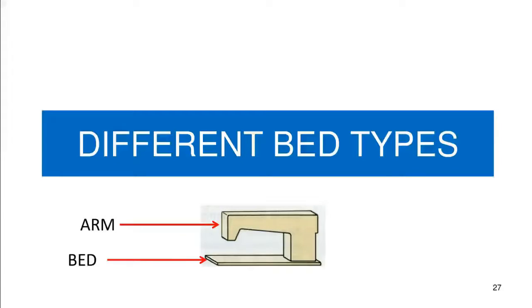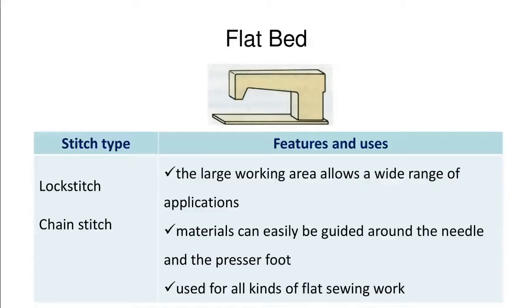Now, if you see in this illustration, the top part is the arm and the bottom base is the bed. And this entire set of arm and bed is mounted on a table. So this is the bed type, and there are different bed types that we are going to discuss. We'll move on to slide number 28. And the first and the most basic type is the flat bed. The ones that you have seen throughout your life and what you see in majority of cases in the institute also, single needle lock stitch machines, all of them are flat bed.